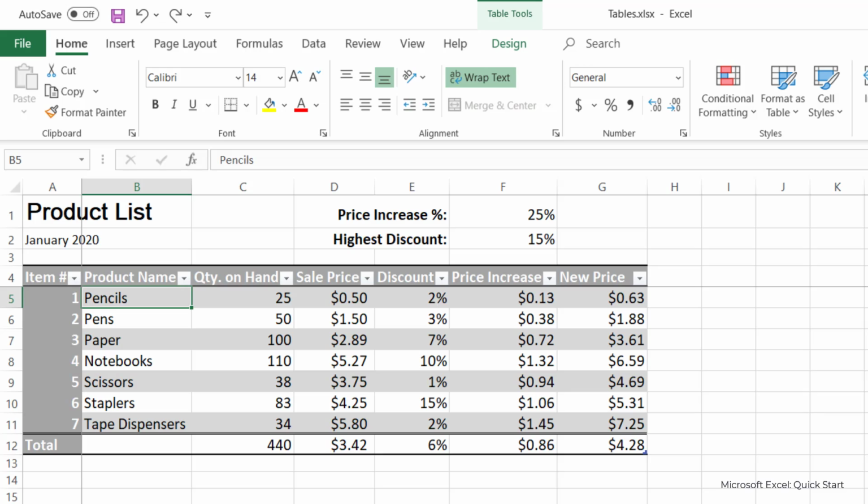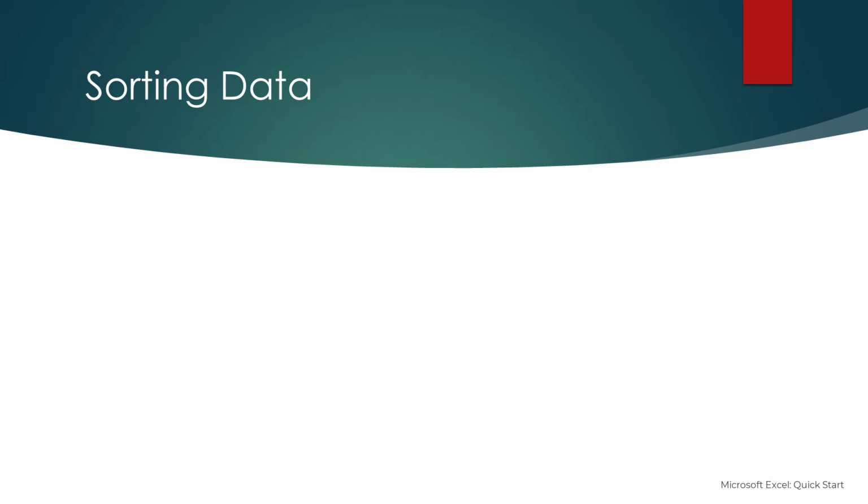The worksheets we've been working with in Excel have had small amounts of data, but as you continue to use Excel, you may be faced with much larger data sets. This can make it difficult to find the information you're looking for, especially if the data is not in any particular order. Excel provides a feature you can use to organize your data and order it in a way that makes it easier to find what you need. This feature is called sorting.